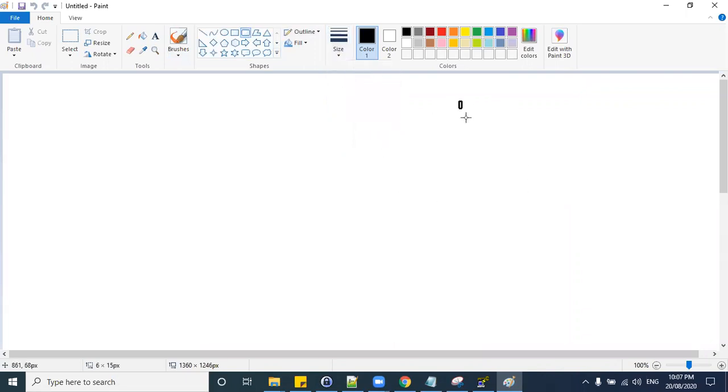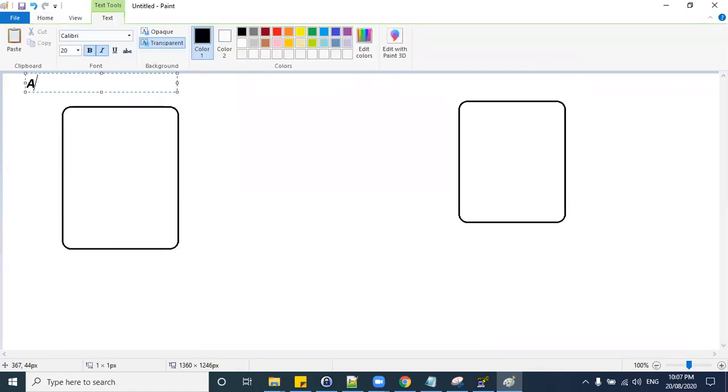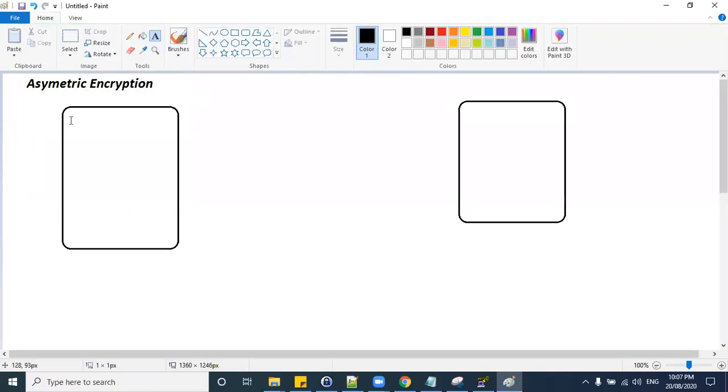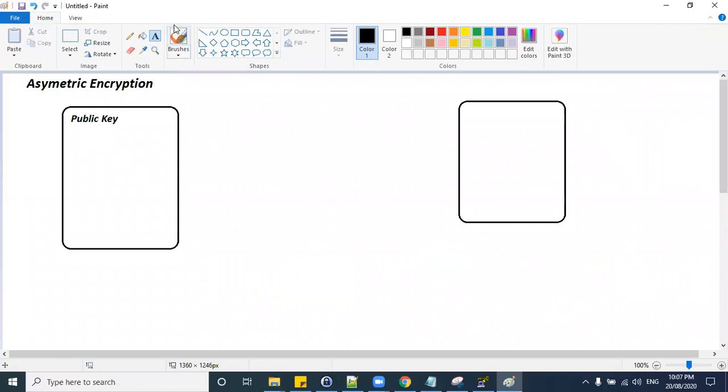So if you see here, this is Mumbai region and this is Ohio region. Okay. So we know, right? We have discussed asymmetric encryption. So here what exactly happens is two keys will be generated. One is public key and one is private key. Public key will be with the EC2 machine. So Amazon will take care to allocate this public key to the EC2 machine.